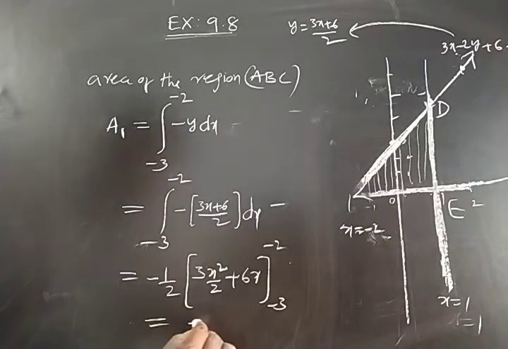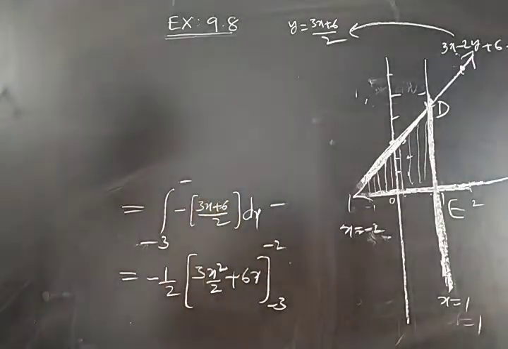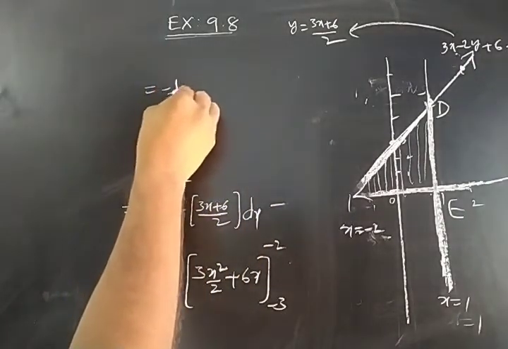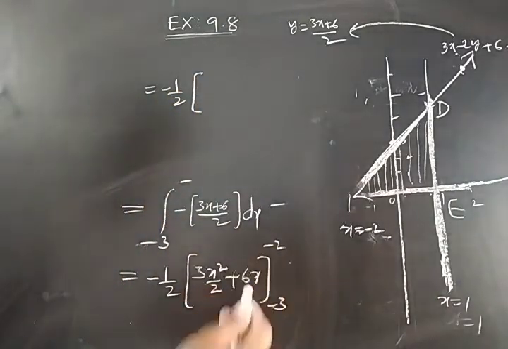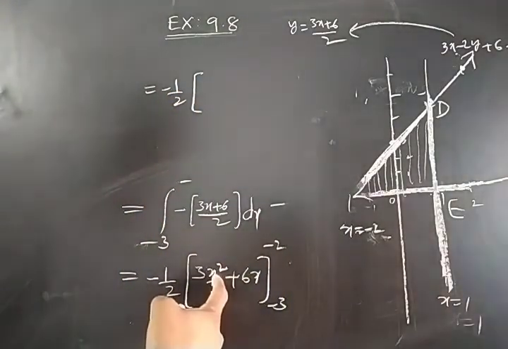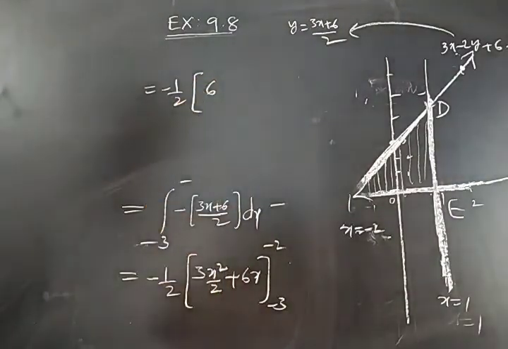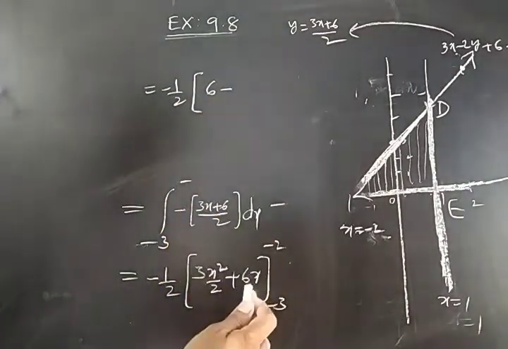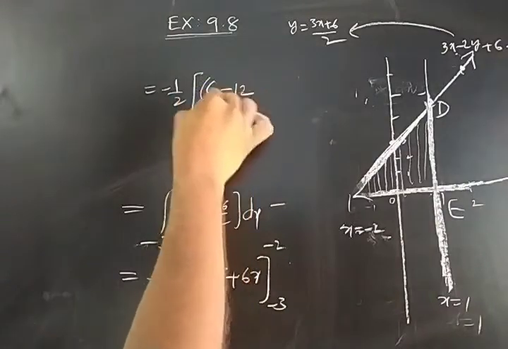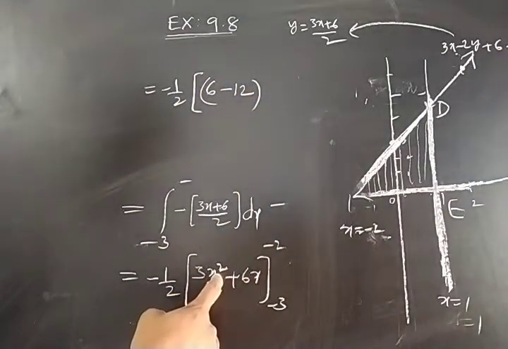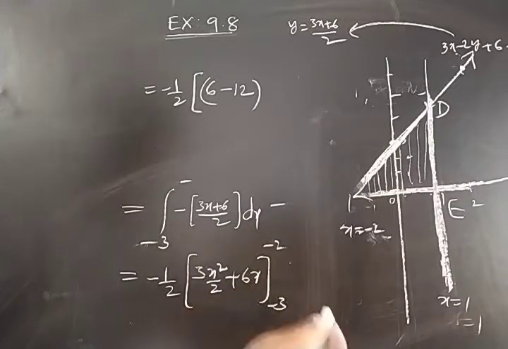Right. Now minus 1 by 2. Let me solve here. We got minus 1 by 2. Now I am substituting upper limit. Upper limit is minus 2 square. So 4 by 2, 3 to the 6 plus here minus 12. Minus 2 whole square 4. 4 by 2 is 2. 2 3 is the 6. Here minus 12. This is upper limit.